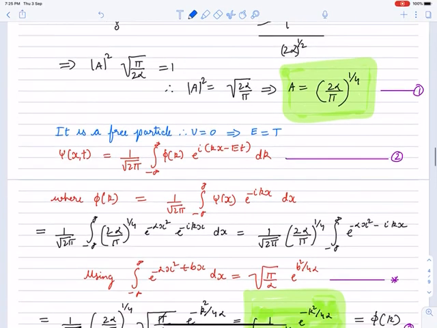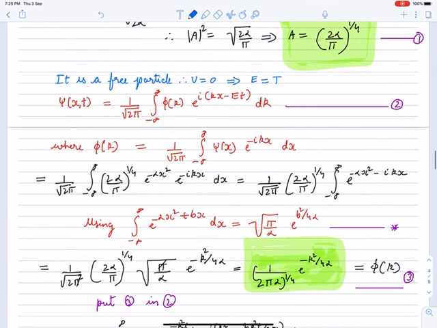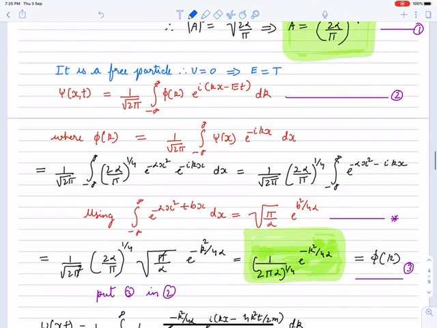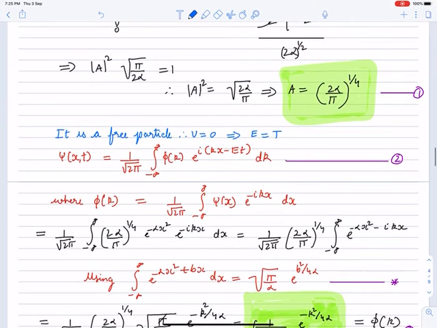Now if it is a free particle, obviously V equals 0. So now psi x comma t, this is the formula you have to calculate. This is the master formula, equation number 2, the formula in which you calculate psi x t. But for this you have to calculate phi k first. This is the momentum space, so you first calculate the momentum space, then you can put it into equation number 2 and calculate psi x comma t.